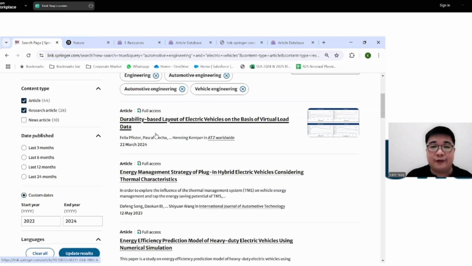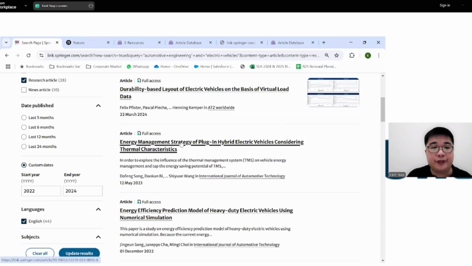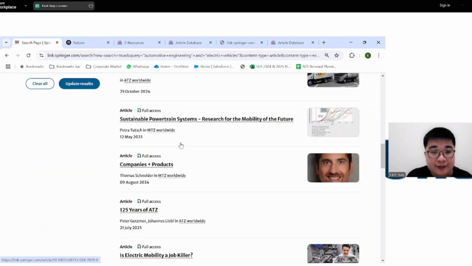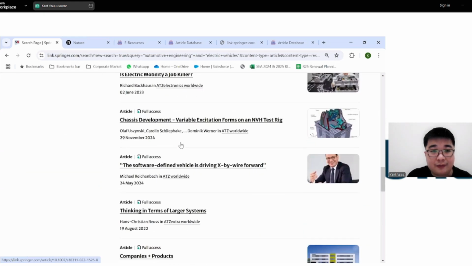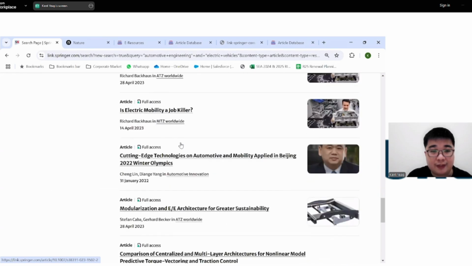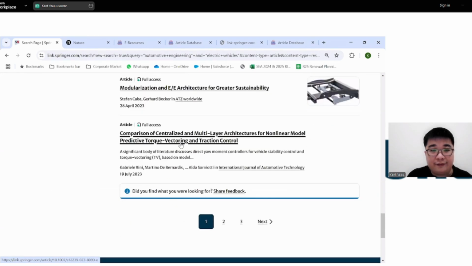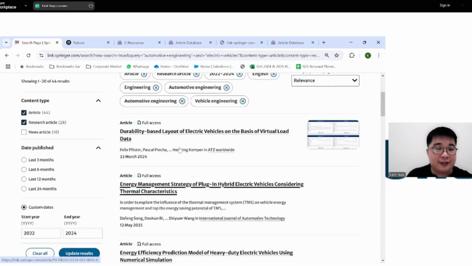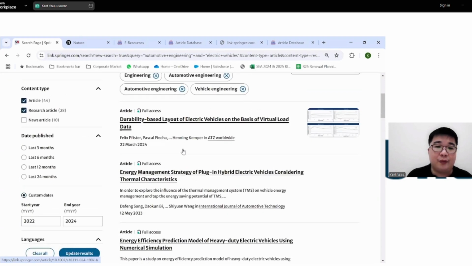So going back to the results, you can see that this again is an article. I have full access because I see this little indicator here. This is the name of the article itself. You can see some information about the authors, when it was published, and in this journal called ATZ Worldwide. Right? If I further scroll to the bottom, perhaps I can find some other examples. Let me see if I see an open access one. If not, I'll just use a different type of example after this. It doesn't matter. Since I don't see one, I will move forward first.